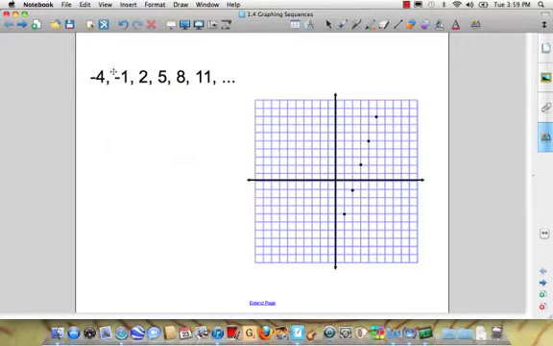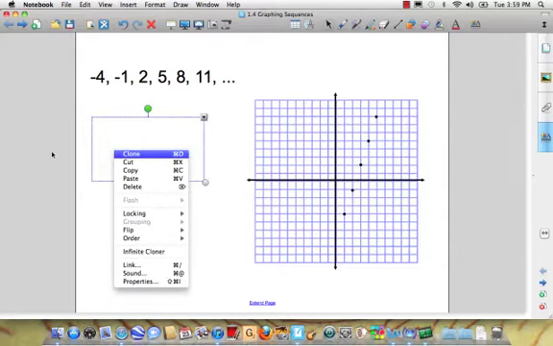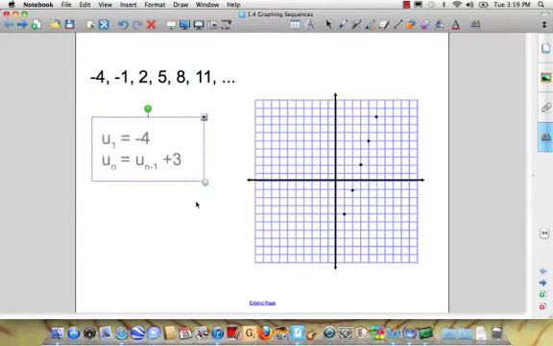So look at it and try to figure out what kind of sequence it is. Is it arithmetic? Is it geometric? Hopefully after looking at it for a moment you realize that it is an arithmetic sequence and it starts at -4, and to get each subsequent term you add 3. So, in symbols, there that is. You start at -4, and then to find the nth term you look at the one right before it and